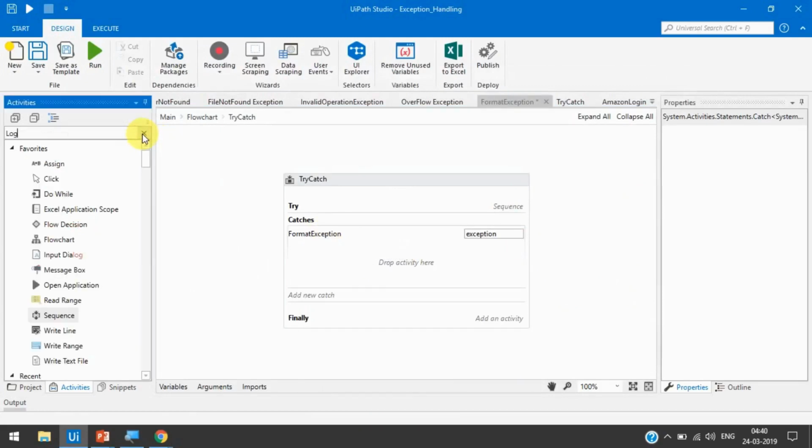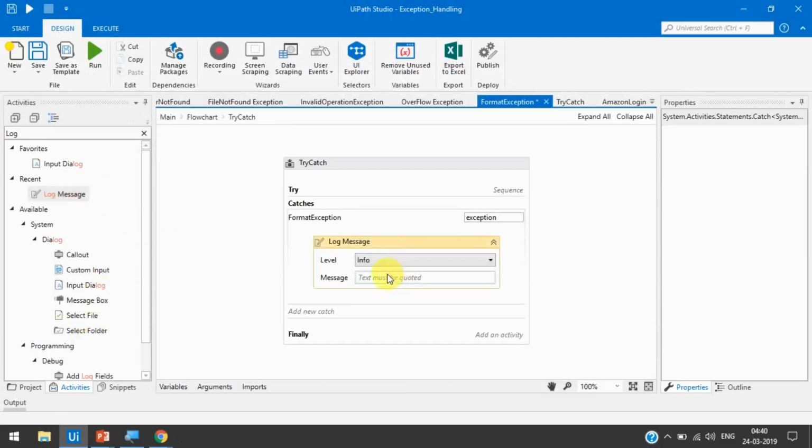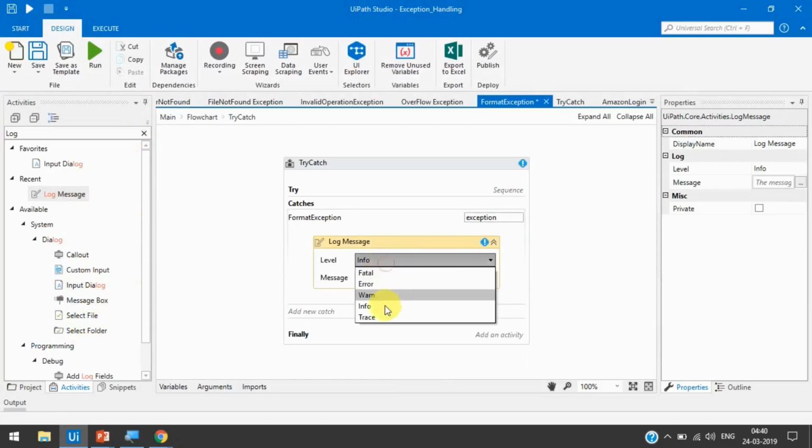one log message activity here, and we'll take an error level and write here, "this is for format exceptions".